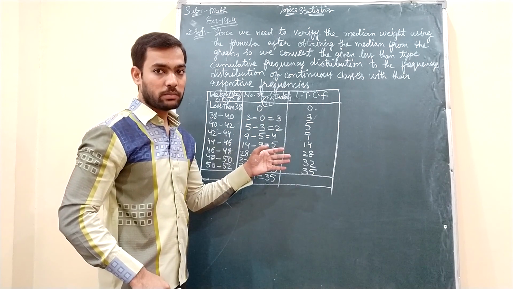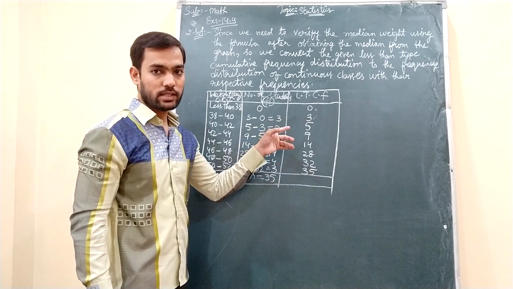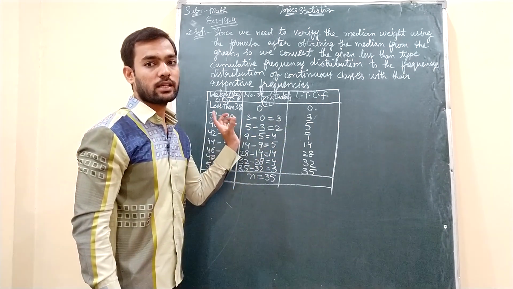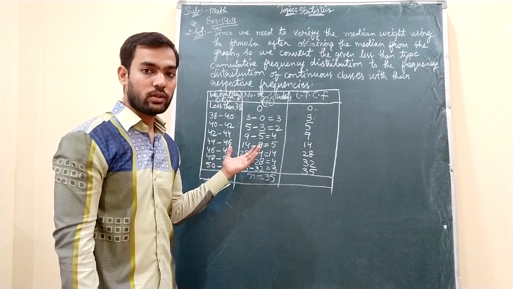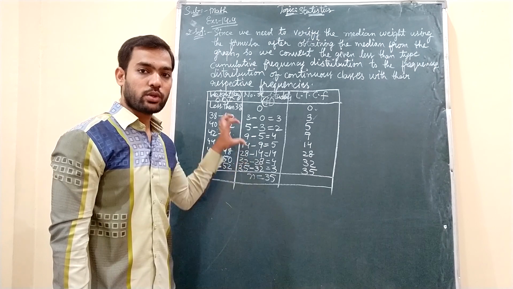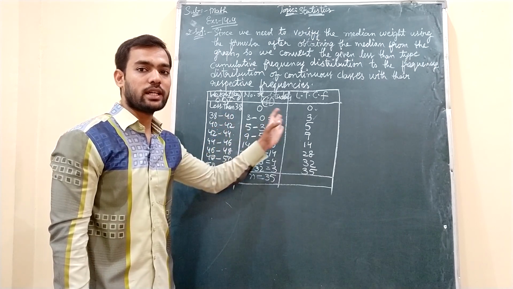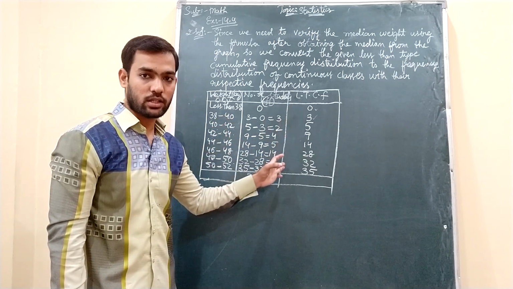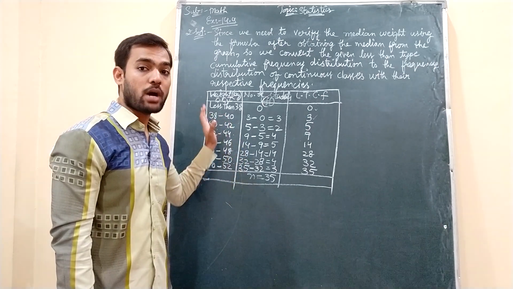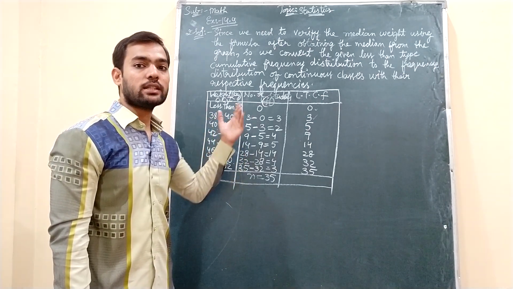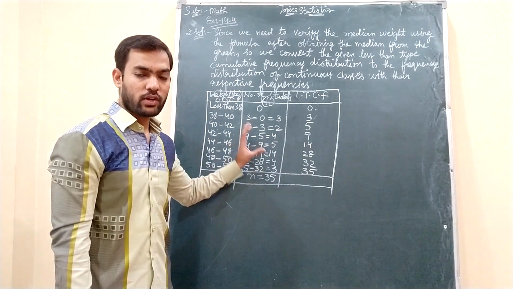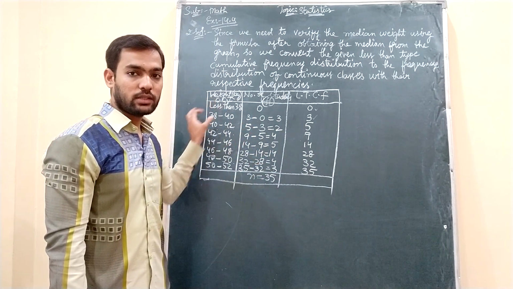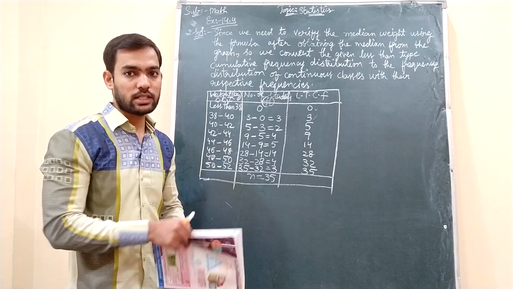How I told you people to identify that less than cumulative frequency is given is by seeing this in the question. Here he has given less than, and in that policy holder question it has mentioned below. So by seeing that word you can consider that these are not the frequencies, these are less than cumulative frequencies. If suppose above or more than is mentioned, then that will be greater than cumulative frequencies. Okay, for the frequency the class intervals should be given. So here class intervals are not given.